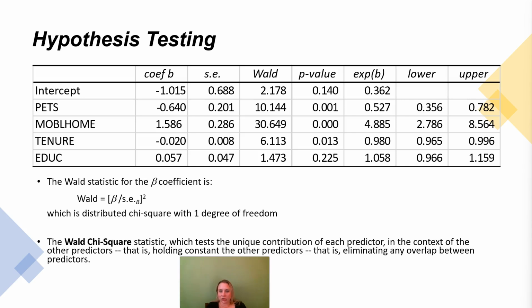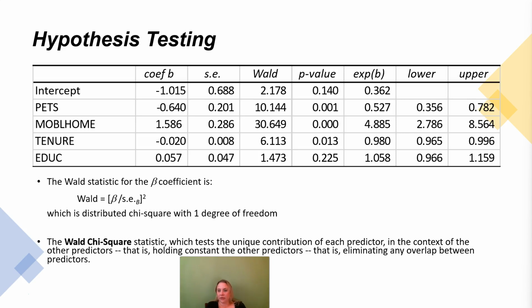And again, if your odds ratio is less than 1, that means it decreases the probability that you will evacuate. If your odds ratio is above 1, generally that would indicate that your probability of moving or evacuating is going to be higher. So based on these results, you're going to be more likely to evacuate if you live in a mobile home. But look at education with an odds ratio of 1.058 and look at that